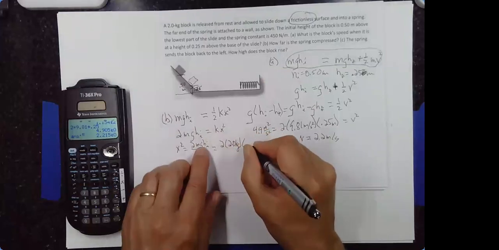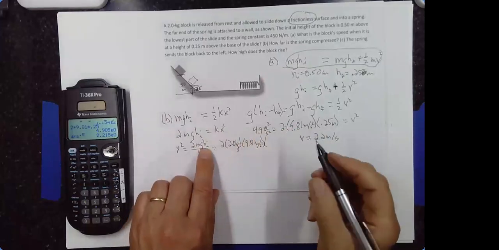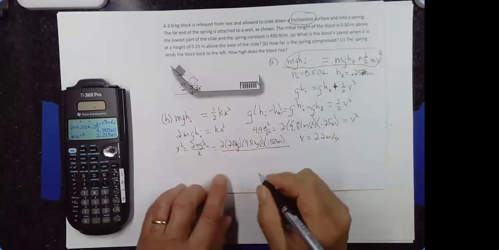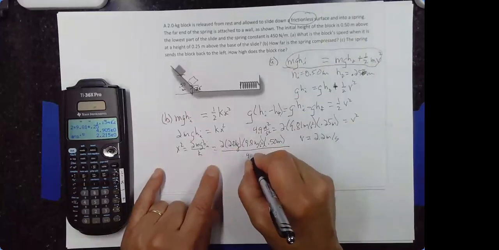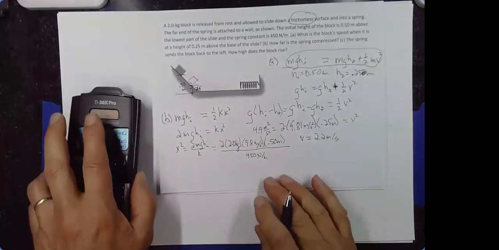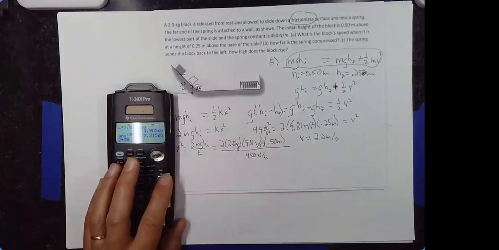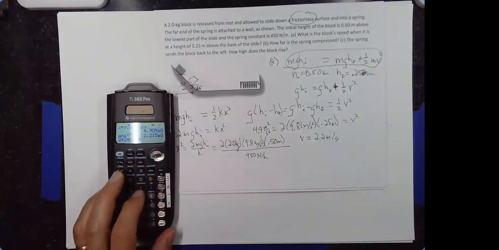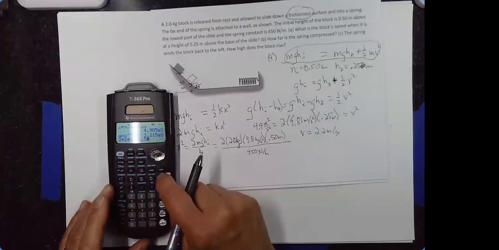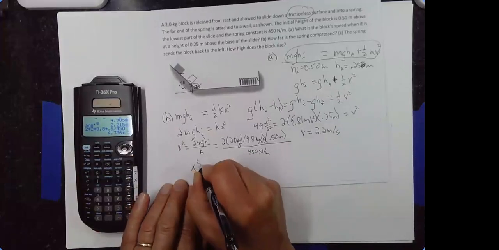which finally we can just say 2 times the mass, 2.0 kilograms. I may as well just write acceleration due to gravity as 9.8 meters per second squared. And h sub I was 0.50 meters. So that's the whole numerator. And then k is 450 newtons per meter, which is a pretty strong spring. That's 45 times as strong as the ones I have out at school that we do experiments with. So 2 times, I guess I could have done some of that in my head, divided by 450. And I get x squared is equal to